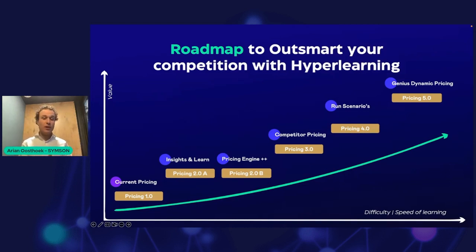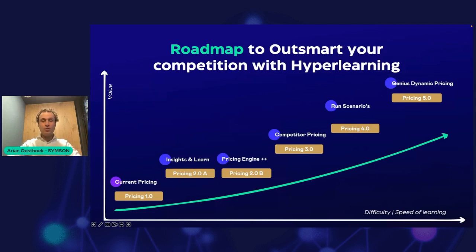For example, competitor pricing. And here in this phase 3.0, you can add more data, external data, to include in your pricing model. And if you go to pricing 4.0, you are able to actually make predictions. So at the past stages, 2.0 and 3.0, you were able to add a lot of data and to look in the past.